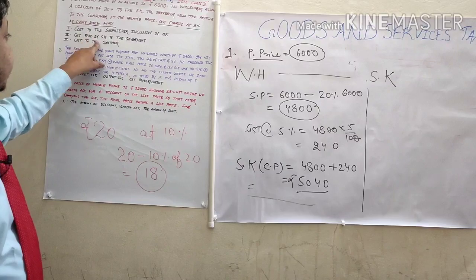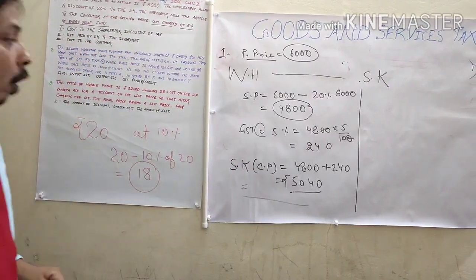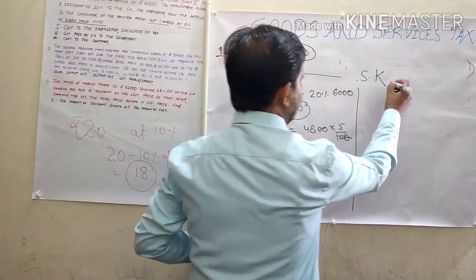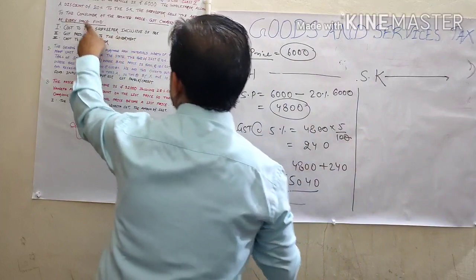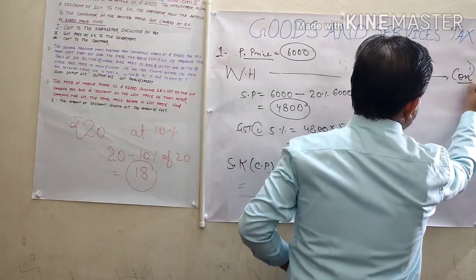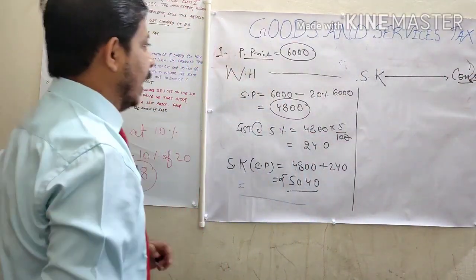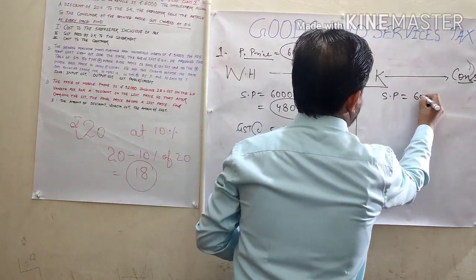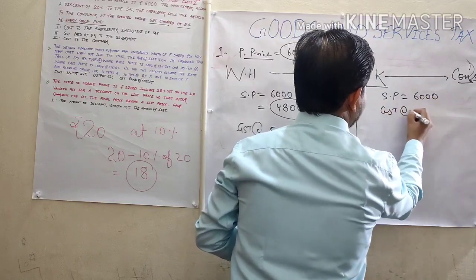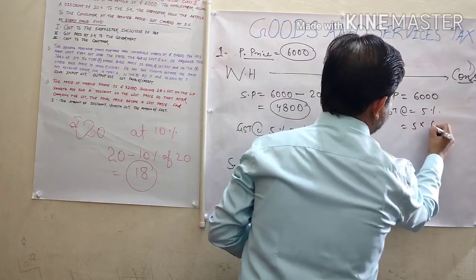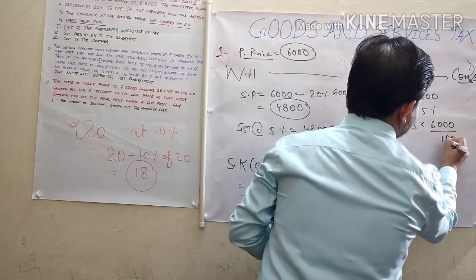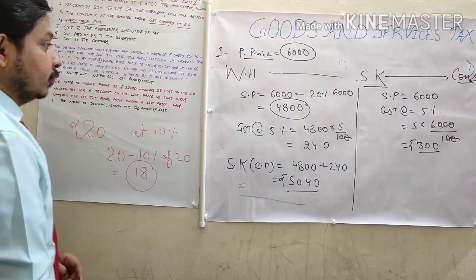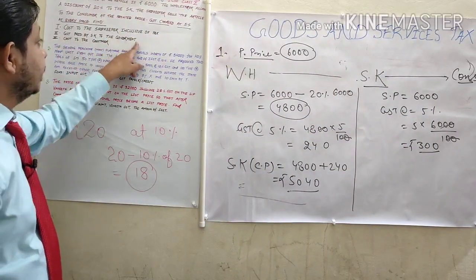Now, GST paid by the shopkeeper to the government. Hold on. Already the shopkeeper paid 240 GST here. Now the shopkeeper is going to sell this to the consumer. This is the framing of the question. I hope you will like this one. At the printed price, for the shopkeeper the selling price is 6,000. GST at the rate of 5%, so 5 into 6,000. Very simple. The percentage here is 300 rupees. Now 300 is the GST collected, paid by the shopkeeper to the government.